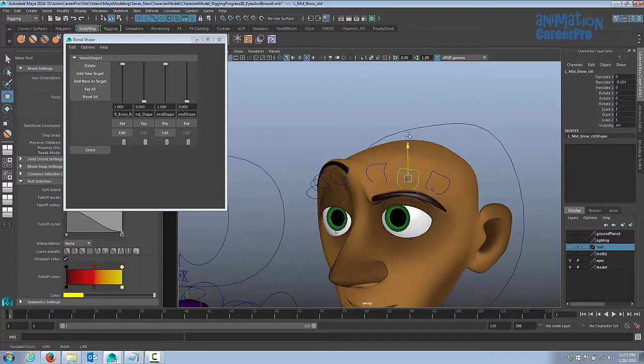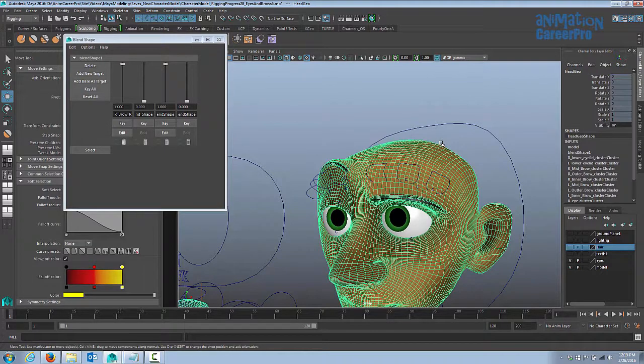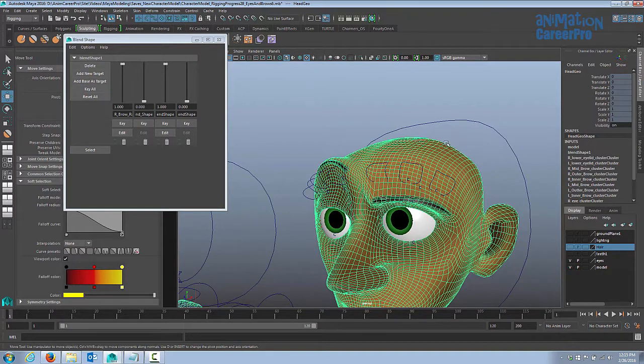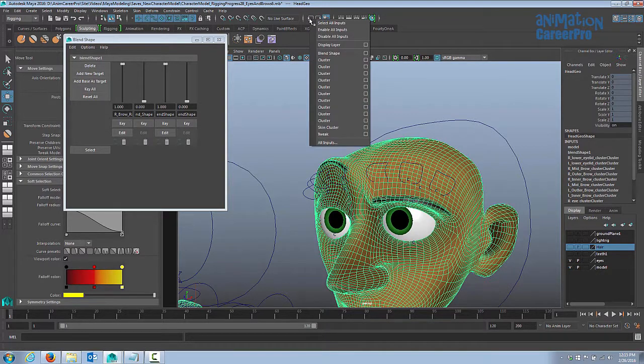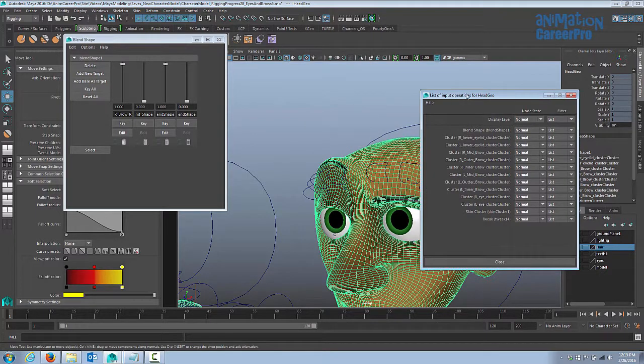If you apply these deformers and you find that they're not functioning properly, you have to look at the inputs, and we have to adjust our deformation order. There's actually an order in which these different deformers need to be in. So to do that, you just select the skin polygon mesh, and we'll go up to this little button, click on that, and you go right to the bottom where it says all inputs, it'll open up a window.